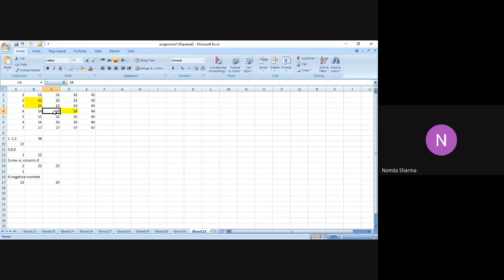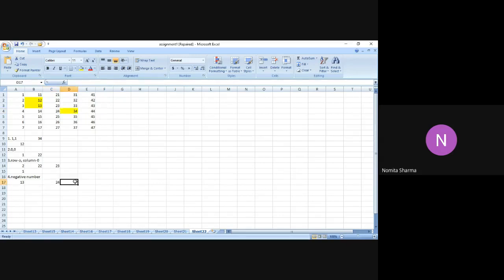Because if there were multiple same numbers, you would not know which 33 is coming or which 24 is coming. So 24 is the value that we got. Now let me go back to my function and track down the route. From E6, it says go up by 2 points, so 1 and 2, and from 44, go, what did I write? Minus by 2 points. So it will give me this particular value, right?